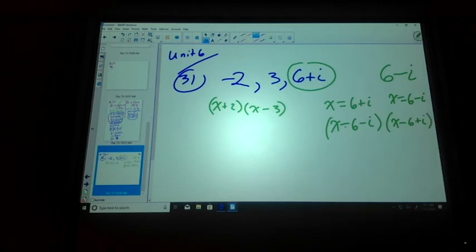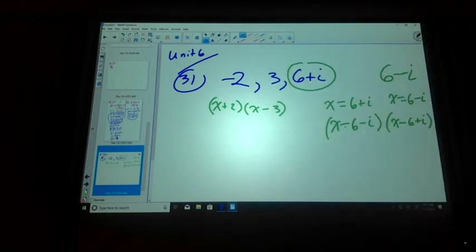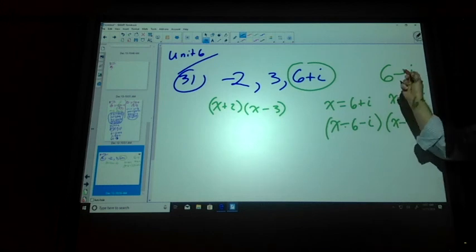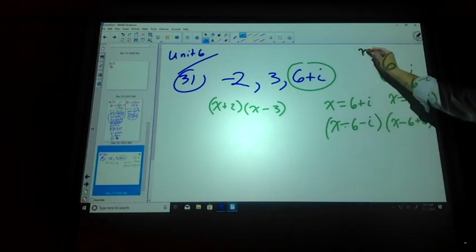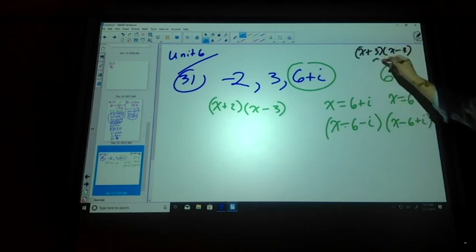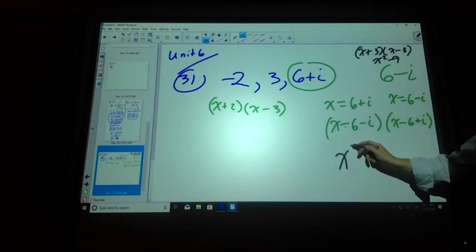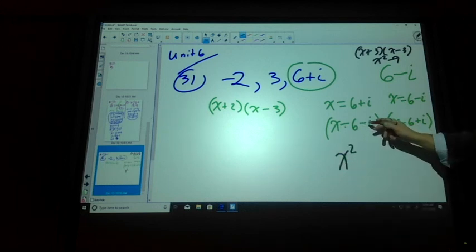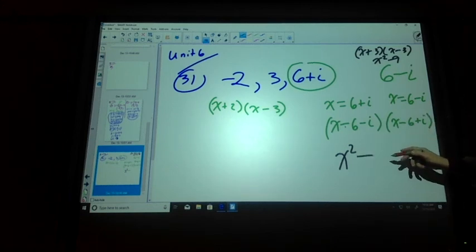Okay? Now, being I'm multiplying conjugates with each other, and this might upset a few of you if I skip this step, but you got to trust me. Are these both conjugates? Yes. So these are also conjugates. Okay? So when I multiply those together, the first and the last term are the only thing that happen. Is that okay? So the first and last. So I have x squared, and then negative i times i is negative i squared.